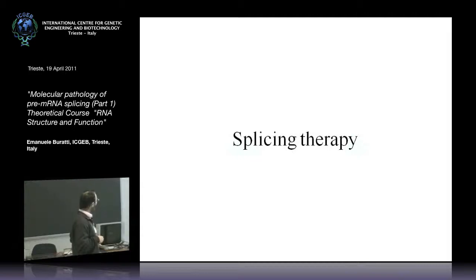So, just in the last final 5 minutes of this first part, just a few words about what we do with all this information. Once we know that splicing mutations are important for disease, now we know how to detect them in a huge number of patients. Things are getting better, so what do we do? And really, this is something that I think will very much change our ability, because the research in splicing will very much improve our ability to treat patients affected by a number